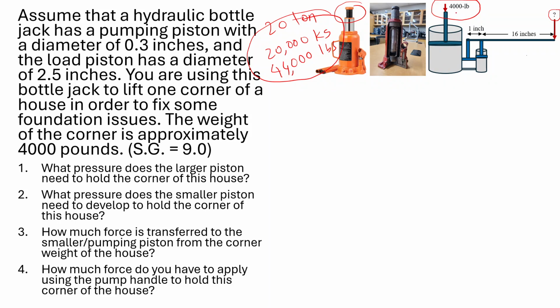So in this scenario, for example, the 4,000 pounds coming right here on the piston of the bottle jack, so the fluid right here will have pressure, which is what the first question is asking: what's the pressure developed here. So you can simply do force by area. 4,000 pounds divided by area, which is pi by 4 times the large piston diameter, given as 2.5 inch, squared. So then this pressure we get, I calculated that